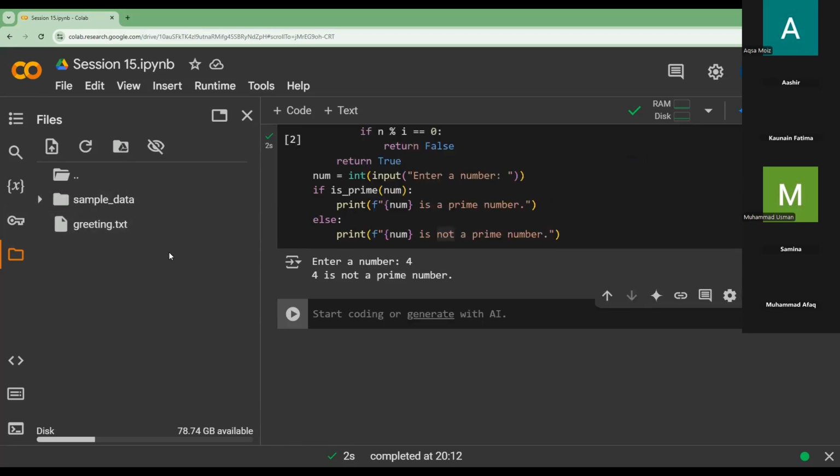Okay, for the Colab, after creating the file or uploading the file, either way, you then have to come and click on these three buttons. When you click on this three button, you have this option, copy path. Even you can download the file also, because in data science and machine learning